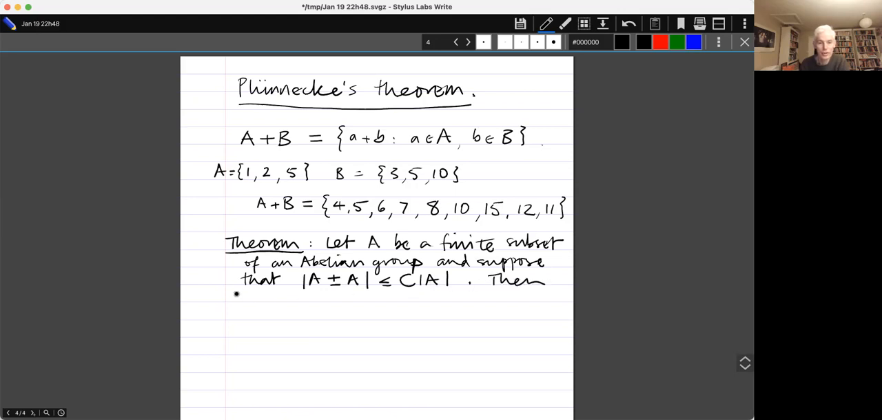Then, for any R and S greater than or equal to 0 and not both 0, or for any sensible pair of integers R and S, we get that the size of RA minus SA is at most C to the R plus S times the size of A. Perhaps I should just